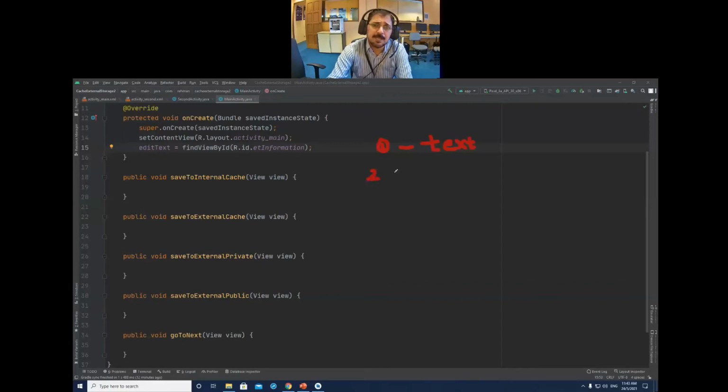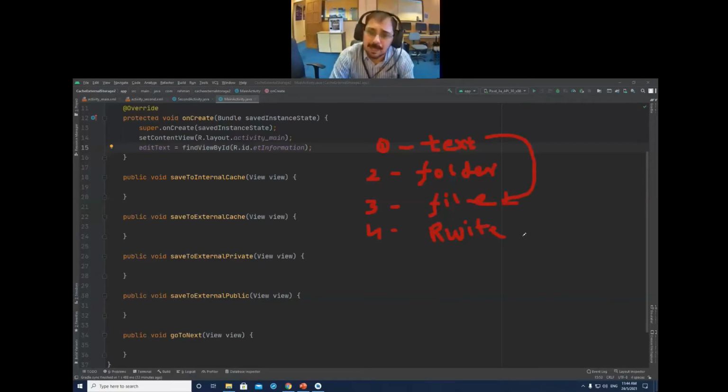Second, we need a folder in which you want to create a file. First will be folder, then a file, and then inside the file will be a text. So we need four different things: the folder, then the file, and the fourth one is the writing process. Write this text here in this file.